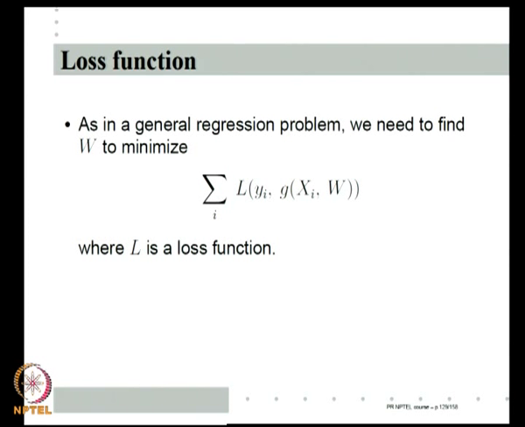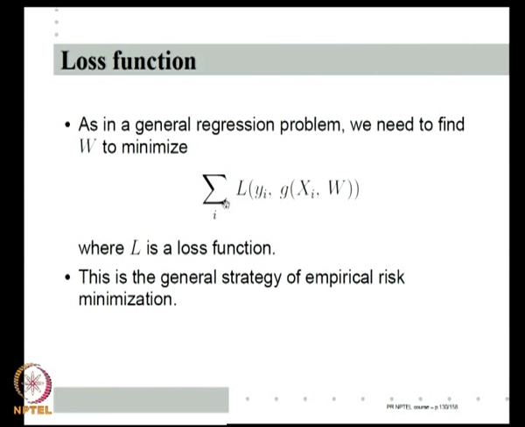Like in all regression problems, we essentially minimize a loss function. This is the strategy of empirical risk minimization. We choose some loss function. So, given a particular xi, if w is my model, I am saying g(xi, w), where I should have said yi. So, L(yi, g(xi, w)) is the loss, and the sum over all i gives me the empirical loss, and that is what I minimize. So, essentially what we are going to show is that we will have a special loss function, using which, by doing empirical risk minimization, we can use the kernel trick while learning linear regression. This is what we will see in the next class. Thank you.